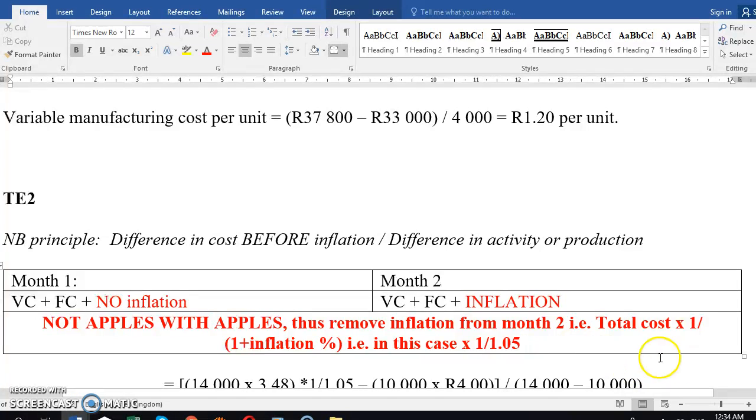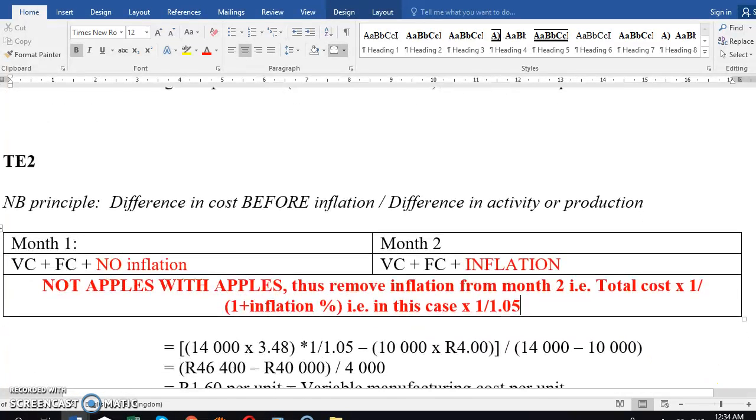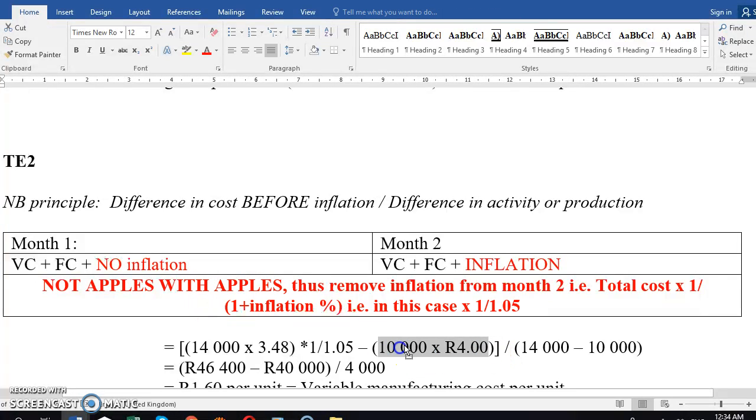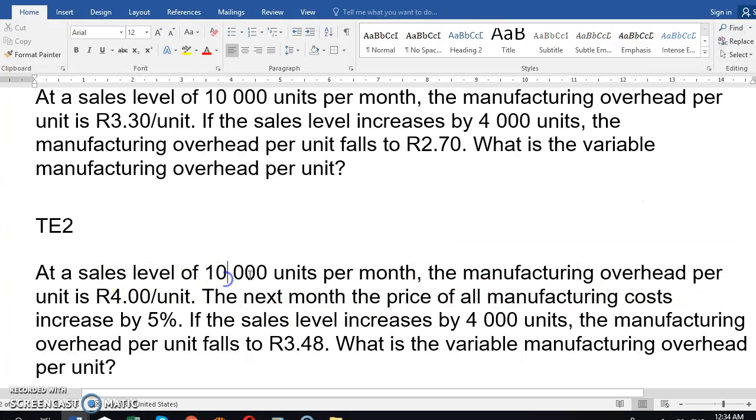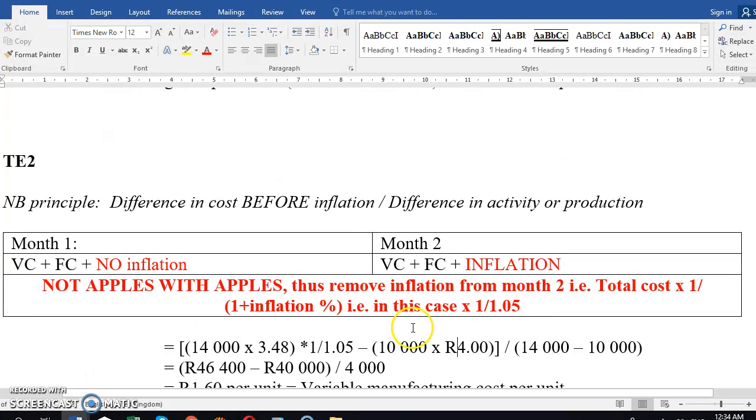Alright, so if we apply that, month 1 is essentially 10,000 times 4 Rand per unit. Just to remind you of the information: in month 1, 10,000 times 4 Rand per unit. Now month 2 is the 14,000 times 3.48. However, month 2 has the inflation which we need to reverse, and so therefore we're going to multiply by